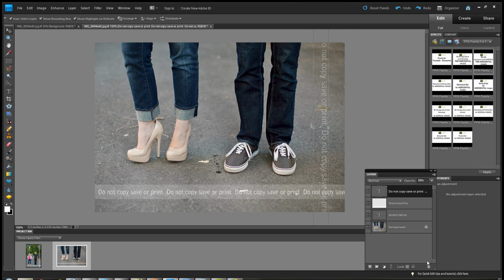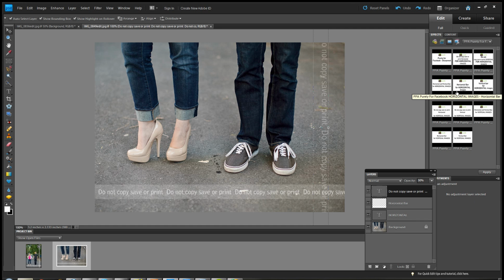So just again, make sure you use the right set. If you shoot JPEG, use the JPEG set. If you shoot RAW, use the RAW set. And also just pay attention to whether or not you are using a vertical. If you are putting those watermarks on a vertical image or horizontal image, you want to make sure that you use the right